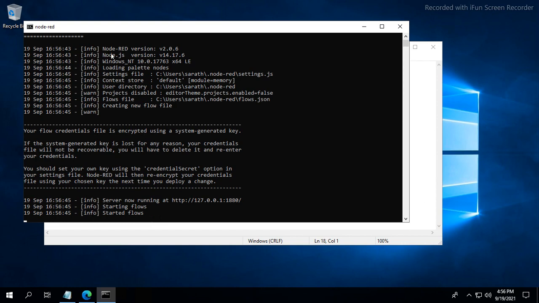Here we are seeing Node.js version 14.17.6 and Node-RED version 2.0.6. So it has started. The server is running at localhost port 1880. To access the Node-RED homepage, we can use this URL.